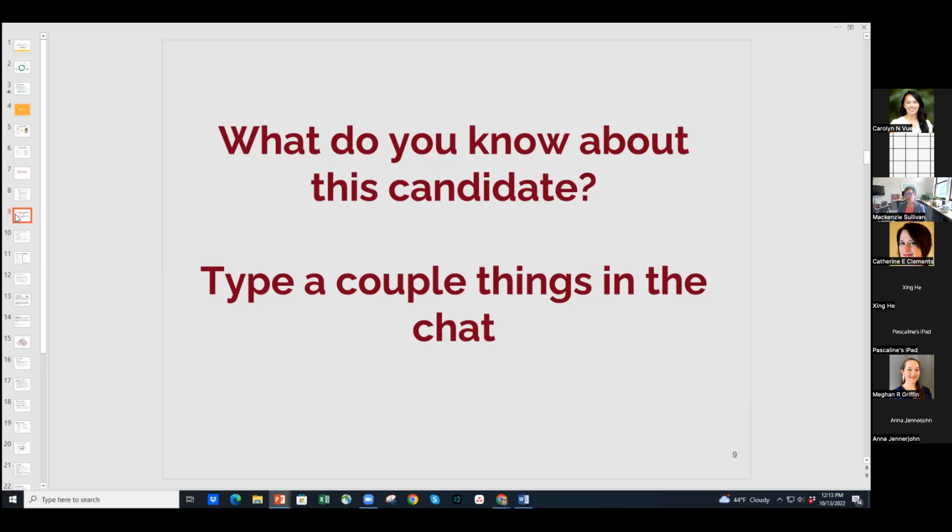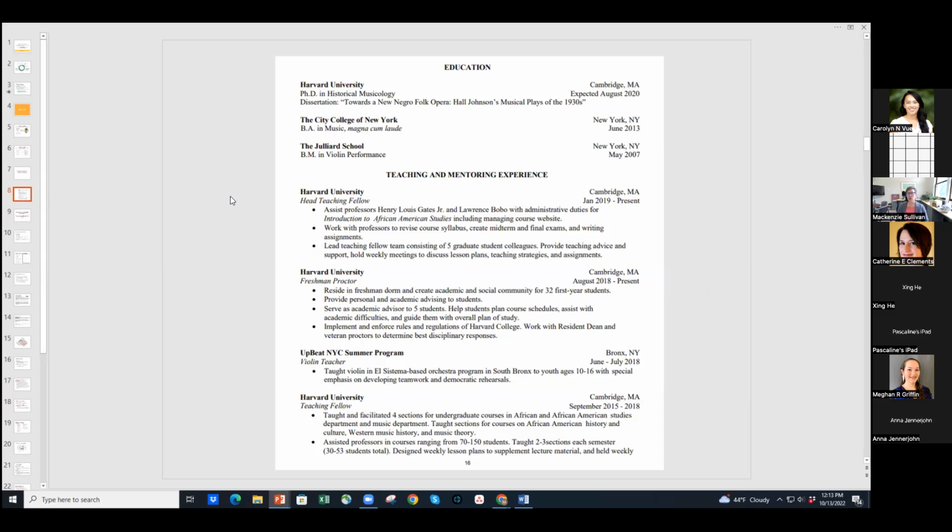And so I point this out for this reason, that the things that you notice are probably the things that the recruiter is noticing at the beginning as well. So if we pull it back up, we're going to look the way people look at it. We're going to look at where the degrees are from. And then we're going to say, oh, this person has teaching, mentoring. Maybe I noticed some words that I clue into, like I'm a violinist or I'm a musician. I clue into those words. And then I might say, oh, they're at Harvard, they're a teaching fellow. They were a proctor, they're a violin teacher, and that's about as far as I get. And if I, as a recruiter, am not interested, if it's too hard to read, forget it. That's it. Your resume goes to the I am not interested pile.